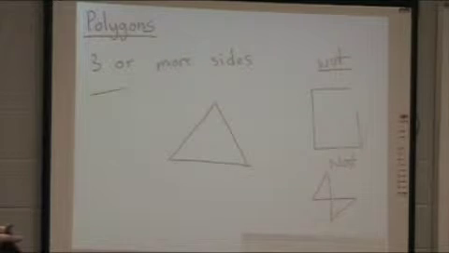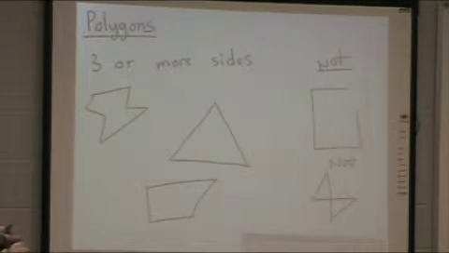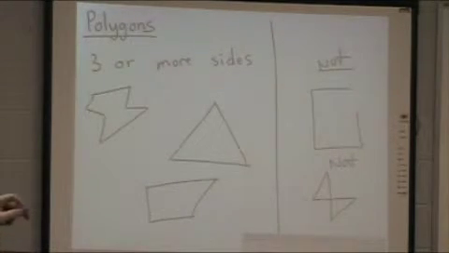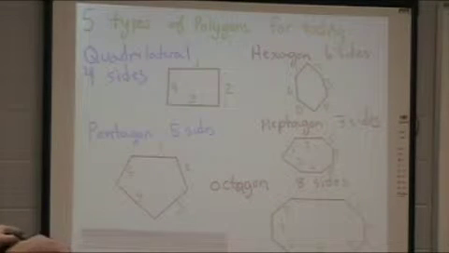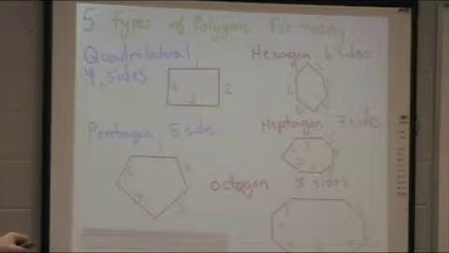Something like this would be a polygon. That's a polygon. Something like this would be a polygon. So these 3 are polygons, these 3 are not. Do you understand? Types of polygons we're talking about today are quadrilaterals, which have 4 sides,